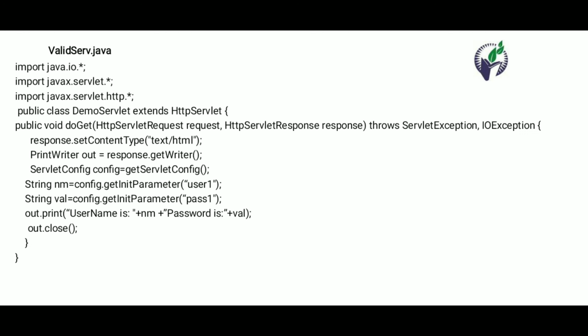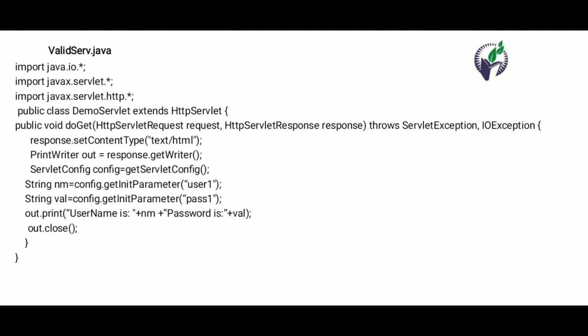Now two strings are defined, name and value. We set the value of the initialization parameter in these two strings. To fetch the data, config.getInitParameter, and we pass the parameter as user1, and then we fetch the password: config.getInitParameter, and in double quotation marks we pass the parameter as pass1.